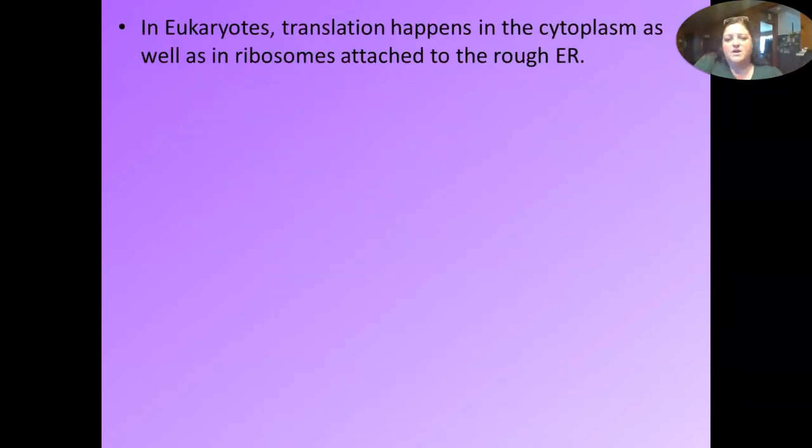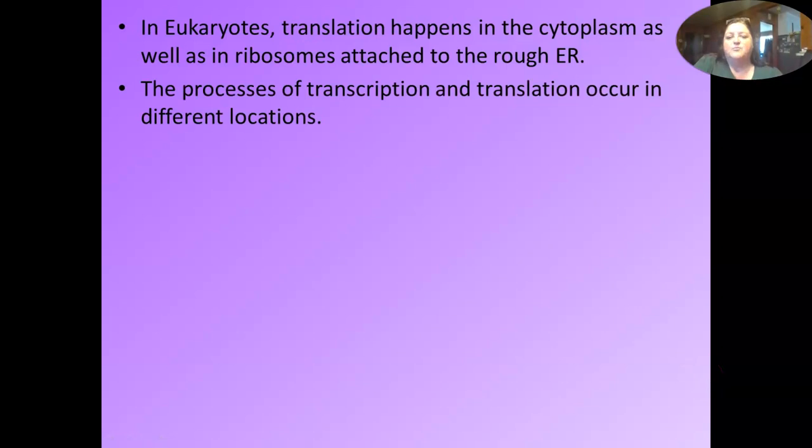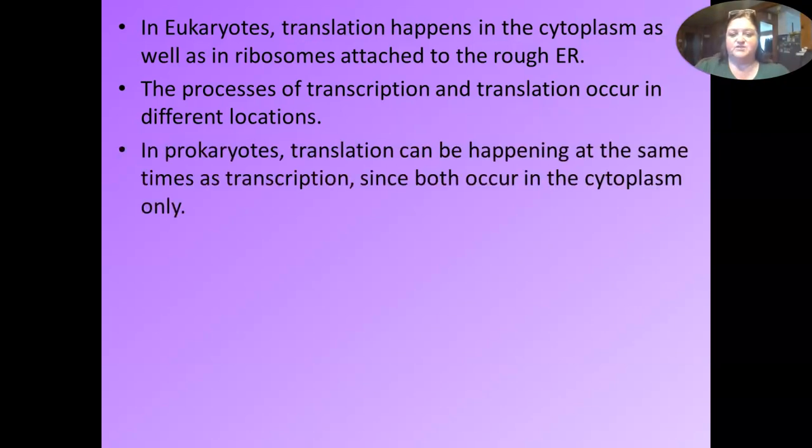So in eukaryotes, translation happens in the cytoplasm as well as in the ribosomes on the rough ER. The processes of transcription and translation occur in different locations in eukaryotes. Where does transcription happen? That's right, it happens in the nucleus, and translation takes place in the cytoplasm. That's correct. So in prokaryotes, translation can be happening at the same time as transcription because they both happen in